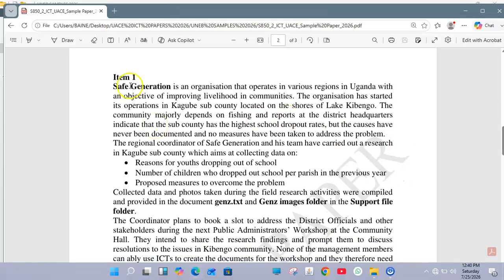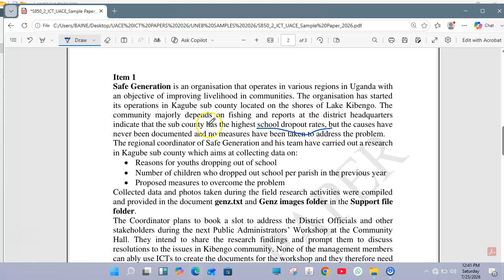Item 1: Safe Generation is an organization that operates in various regions in Uganda with an objective of improving livelihood in communities. The organization has started operations in Kagube sub-county located on the shores of Lake Chivengo. The community majorly depends on fishing, and reports at the district indicate that the sub-county has the highest school dropouts. Because these causes have never been documented and no measures have been taken to address the problem,